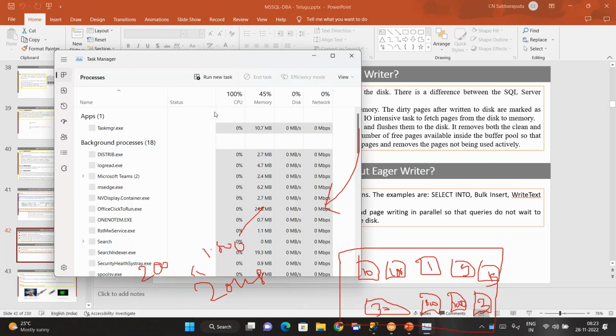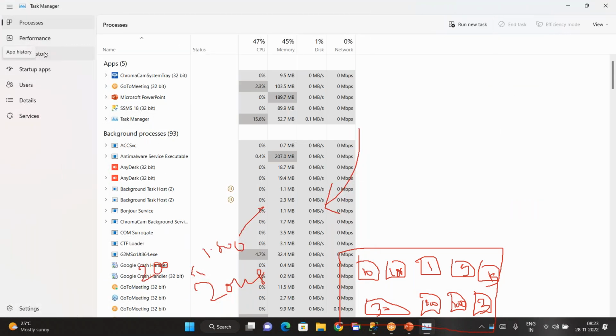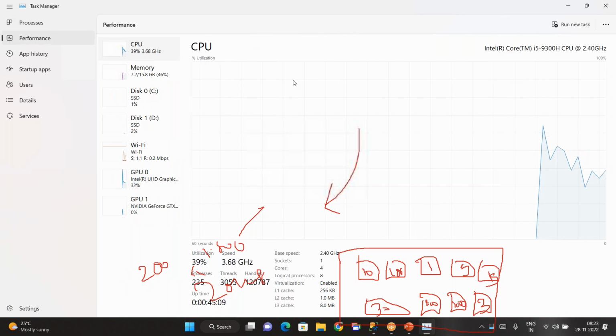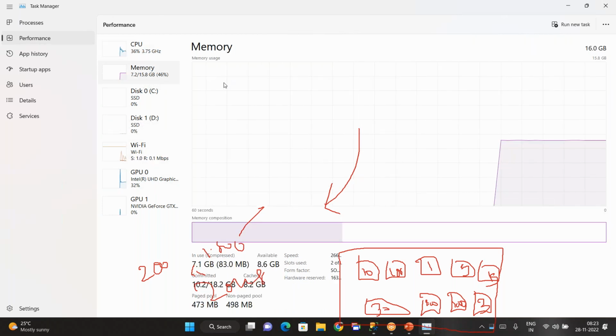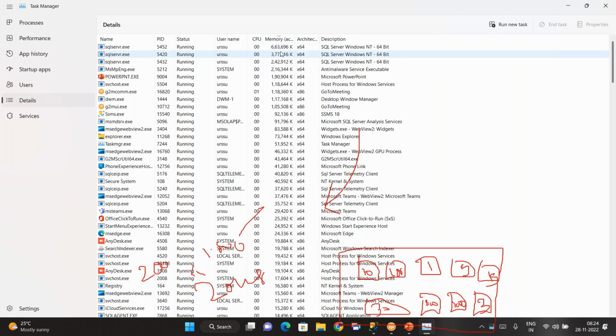Especially, sir, when you go to Task Manager, okay. Oh wait, sir, maybe after upgrading to Windows 11 it has changed now. Okay. So don't rely on it, sir. We should not rely on it. Always SQL is one of the most culprits when you go for memory. Always SQL is the only culprit, sir.